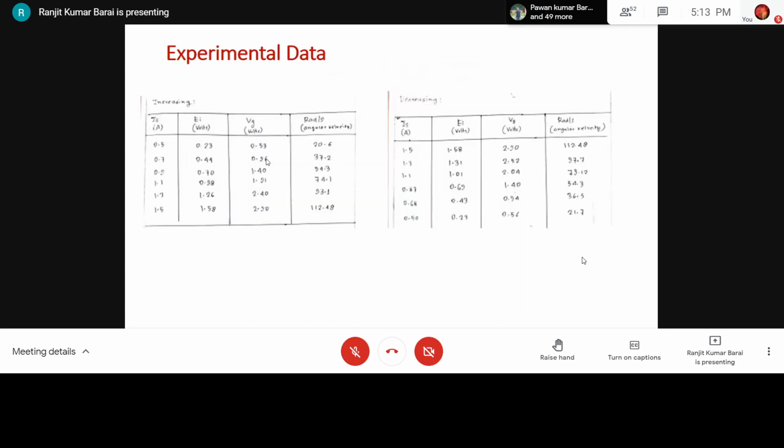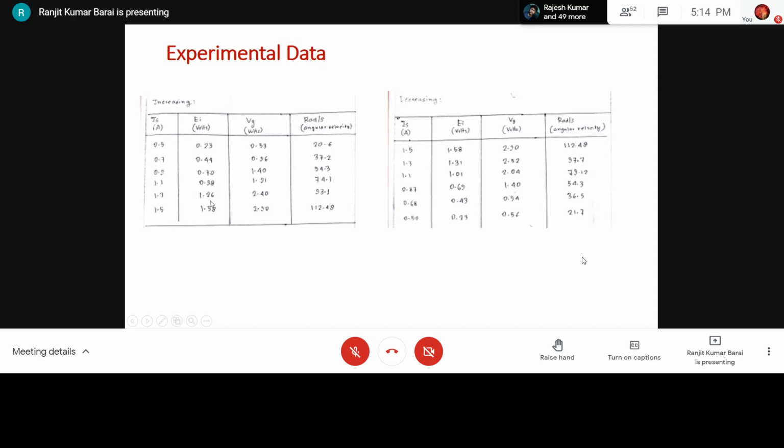Now what we will do now, we will change the input voltage, keeping the brake position constant. In order to determine the hysteresis, we will keep the brake position constant. Say here, we said keep the brake position 3. Keeping the brake position at 3, we will increase the input voltage EI gradually.